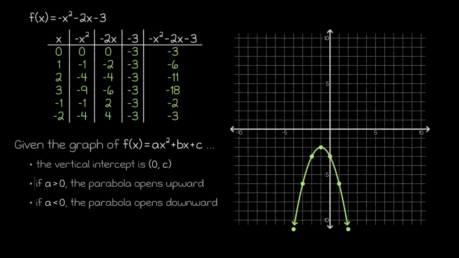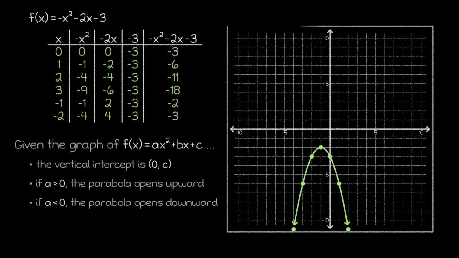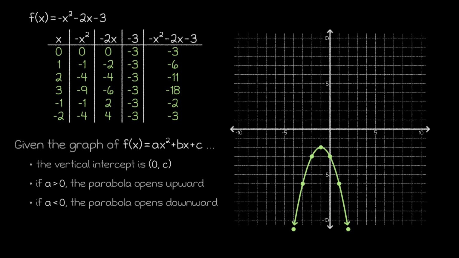In general, this feature of quadratic graphs can help us determine helpful inputs once we plot our first couple of points. There is one other aspect of how we graphed this function that we should address now. After we plotted the point at -2, -3, we continued plotting points on the left side of the vertex without actually plugging in any inputs. So, how are we able to do that?